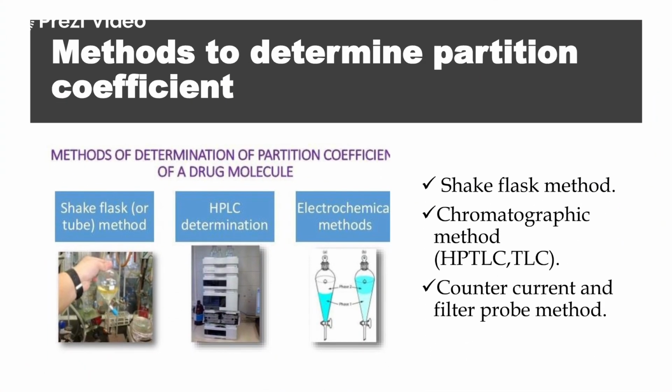Now, let us try to understand the methods which are used to determine the partition coefficient. Basically, three methods are used. First, the shake flask method, like you must have seen in the earlier slide as well. In the shake flask method, you have a flask with two layers. One is the octanol layer, another is the water layer, and you shake it for a particular period of time, and you calculate the amount of the drug solute present in the organic phase and in the water phase. How much of the solute dissolves into the octanol layer and how much in the water layer, and then you calculate the partition coefficient.